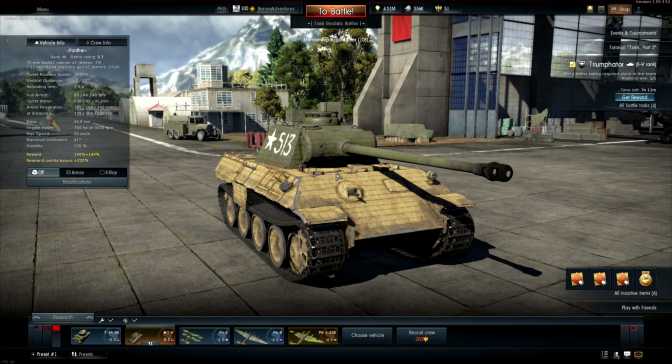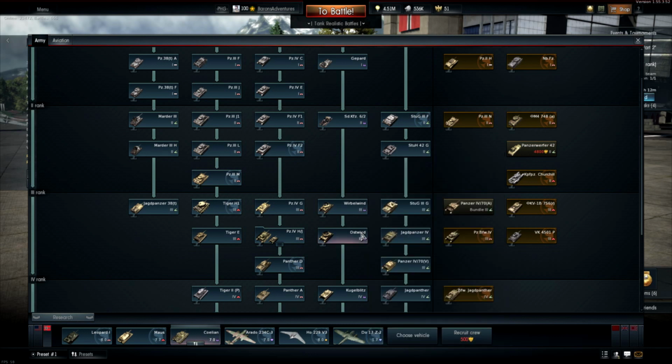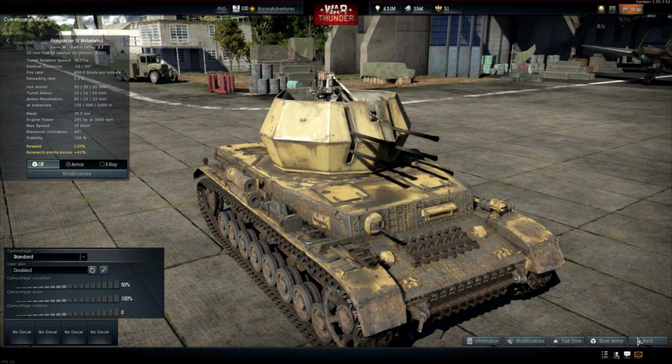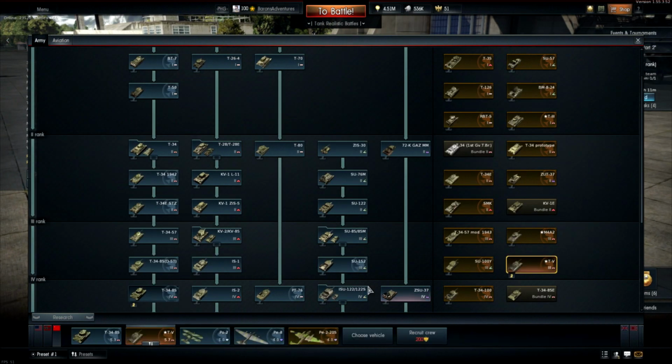But yeah, so those two would make great premiums too. That'd make one of arguably the best German SPAAs, because if you look at the Wirbelwind and the Ostwind, those are based off of Panzer IV chassis, which is very boxy, thin armor, no real sloping at all. So it's definitely easier to take that thing out, whereas the Flak Panzer T-34R, that thing would be great. But yeah, so the Germans actually had a decent amount of captured T-34s, at least with the 76 millimeter gun. By the time T-34-85s were being pumped out, the Germans were generally